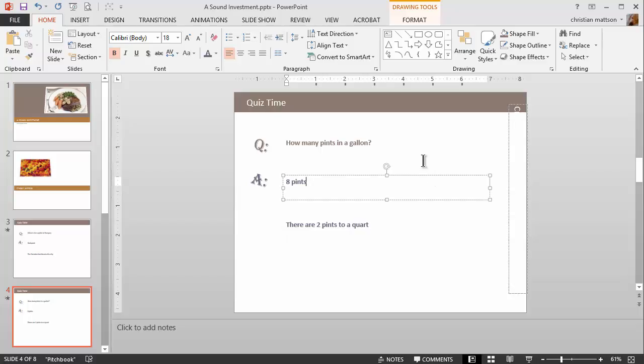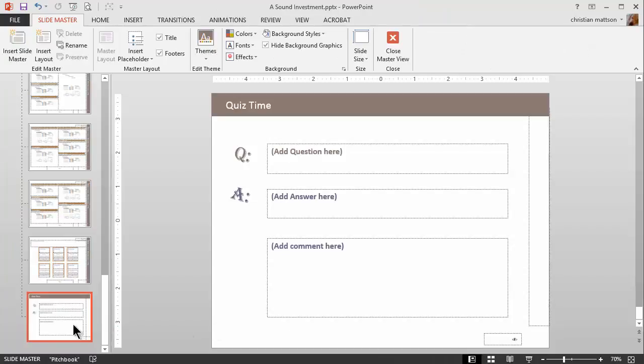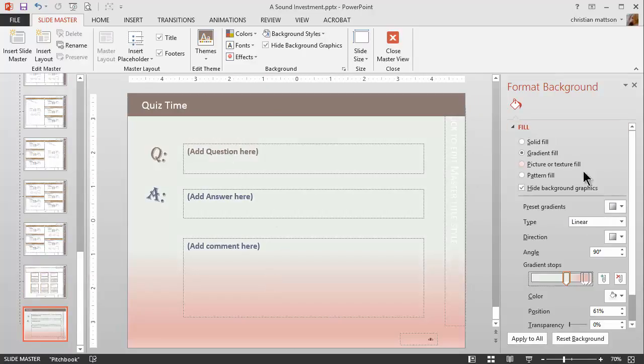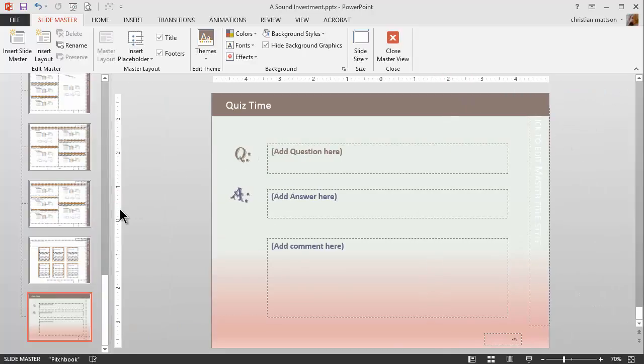To doctor this up a little more, maybe I'll change the background out here as well. Also notice this text is poking out here. So let's do that. I'm going to come back out here, hold my Shift key, click on my normal view button, and then back out here I'm going to right click and format the background of this slide. Okay, so I just went out here to fill and made some gradient changes, and you can see what's taking place here. Alright, let's go back out and have a look at my